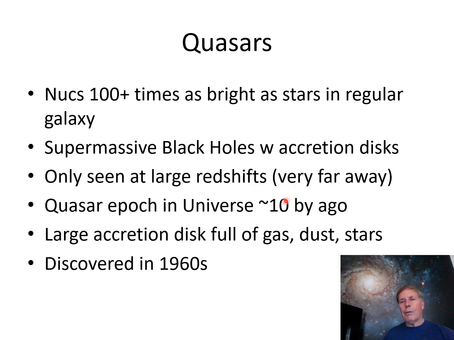That means there were a lot of quasars in the universe 10 billion years ago, but there don't seem to be any now. We see them as sort of remnants of themselves, only very far away. So, for example, if you had a quasar that was 10 billion light years away, it would take the light 10 billion years to get here, and during that time, the quasar might have somehow disappeared, but we would still see the light coming from that great distance away. And that's basically what's happening. The large accretion disks are full of gas, dust and stars. As I said, these were discovered in the